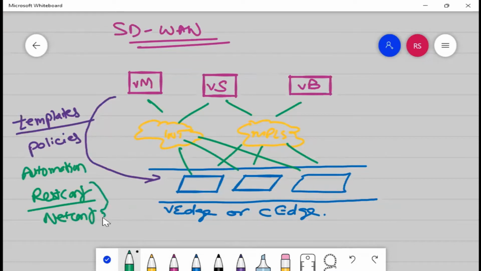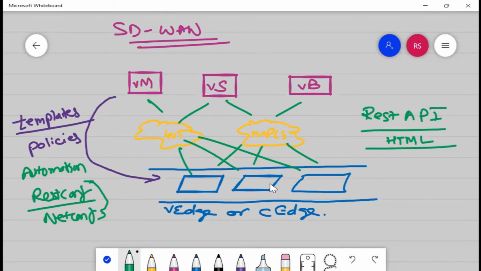The major difference between NETCONF and RESTCONF is, if you are aware of REST API or RESTCONF, this is purely based on HTTP. It means your device should be open with HTTP stuff, like the HTTP server, HTTP secure server. Those should be available to run the REST API calls onto your device. Any vendor you say, F5, Cisco, Palo Alto, any vendor, your device should be available on HTTP or HTTP secure.